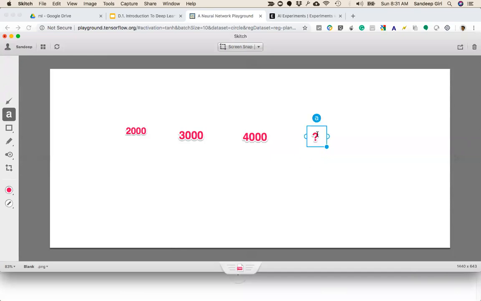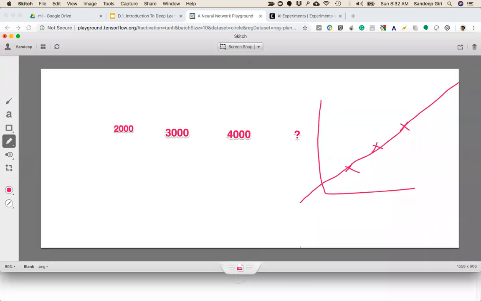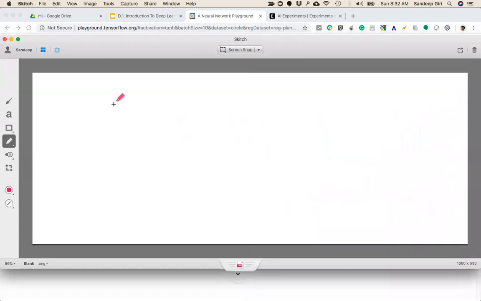5,000, right? In this case, the pattern was extremely simple, so we all could guess it. Here we could basically see this is 2,000, this is 3,000, this is 4,000, and we basically draw a nice line, right? Now, if the problem is a little bit more complex, imagine that we had a little awkward data, and